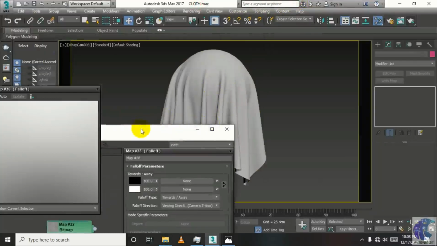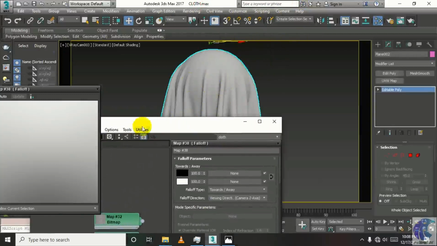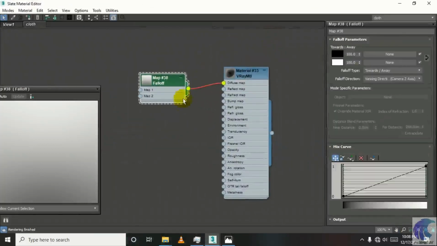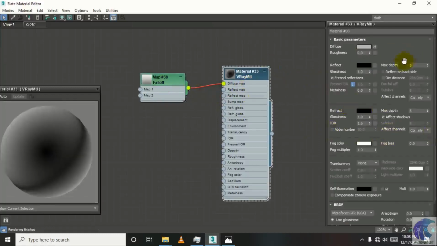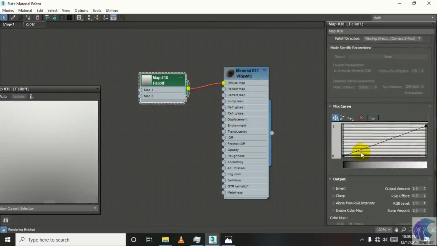So our surface is showing the z axis is here, and z is above it. Now we can use this, or we can use whatever material, but the result is based upon the falloff direction. So we have to change reflection properties or some properties in it, but we will do it later.